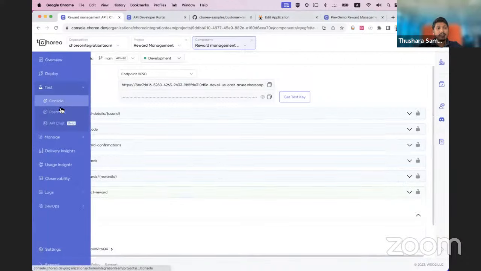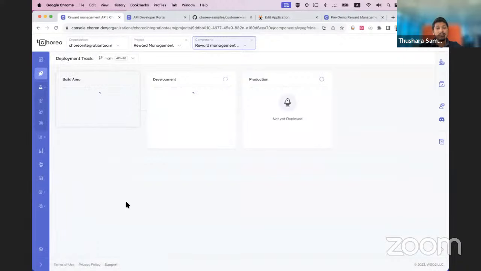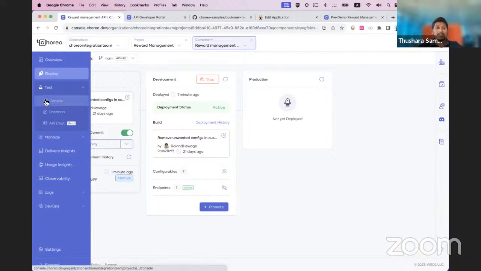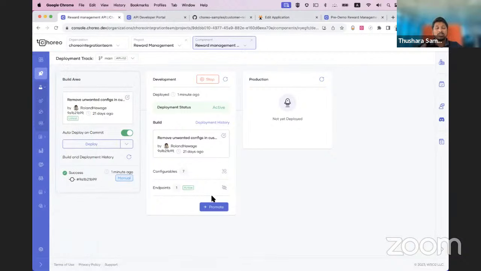Since we tested, we can promote this development deployment into production. But in real life, you need to test all resources to verify that the application you just deployed is working perfectly. For the demonstration, let's promote this. When promoting, Choreo asks whether we need to use default configurations or development configurations. I choose to use development configurations